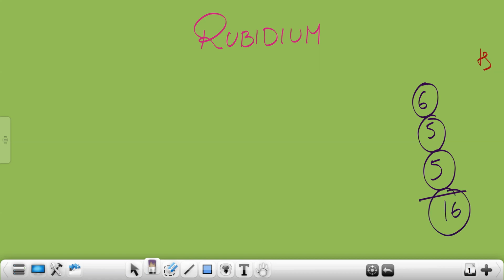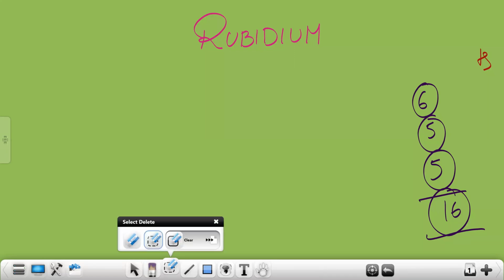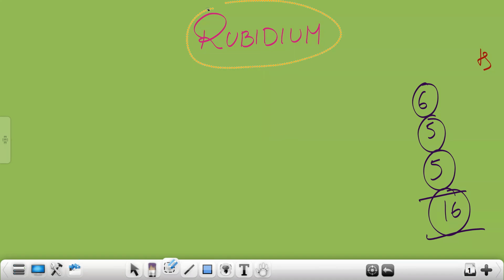This 16 you are going to learn, remember by heart, and do everything for your 8th grade, as per your course book is concerned. These are the things mentioned in your course book, to read and remember by heart. Remaining things we need to learn in your 10th grade or intermediate, as per the schedule. But my suggestion is, whatever you have to learn, learn it today or tomorrow, because there is no other option. This periodic table is a very, very important aspect for you all. If you can learn as many elements as you can in your lower classes, then it is easy for you when you go to the higher classes.